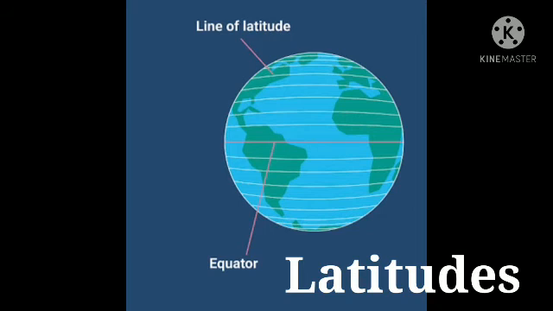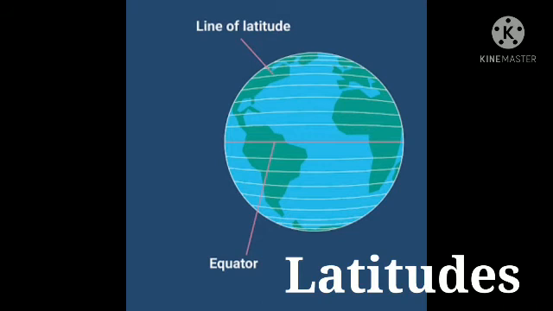These are called parallels of latitude, and there are 180 parallels at 1 degree interval, for example 90 to the north of the equator and 90 to the south of the equator, while the equator is taken as 0 degree latitude and it is the only great circle. The distance between each latitude is approximately 111 km, as the Earth represents